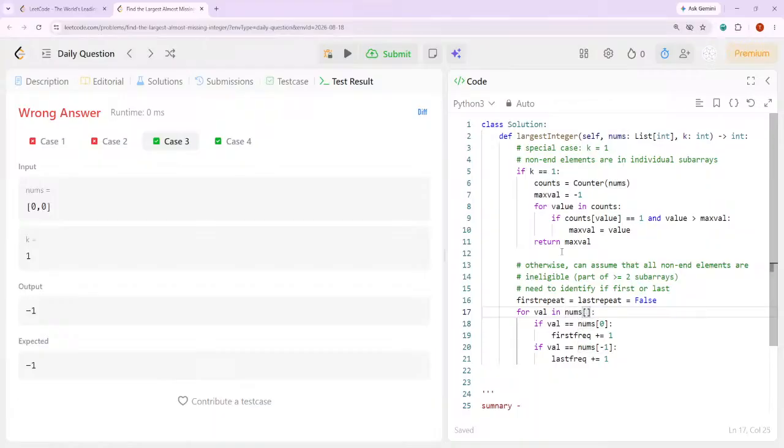Let's iterate over everything from 1 on. If it matches the first value, then first repeat equals true. Break. For every value in nums up to last, if